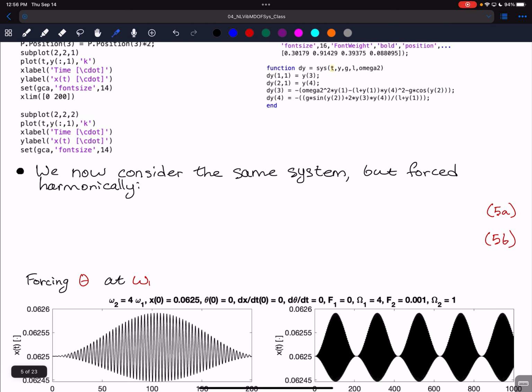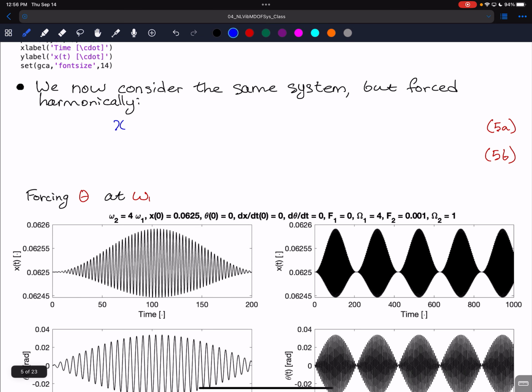Okay. We're now going to apply a harmonic force to this system. In this case, we are going to consider the system. Let me change that. Consider x double dot plus omega 2 squared x minus the quantity L plus x times theta dot squared minus g times the cosine of theta is equal to F1 times the cosine of capital omega 1 times